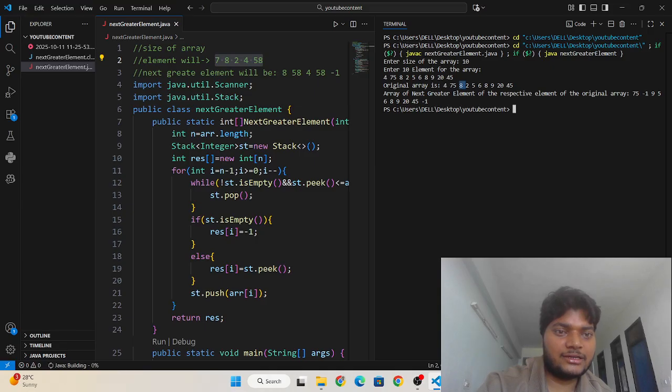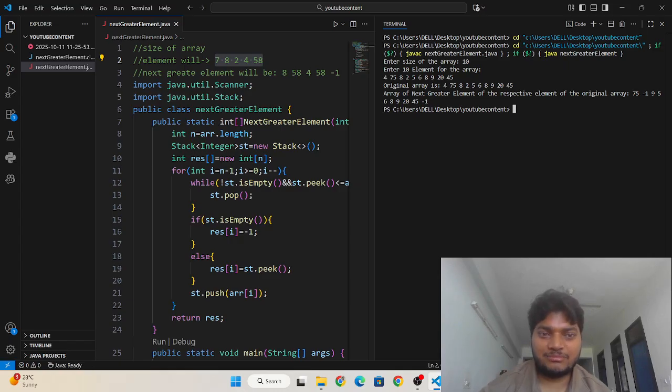And the next greater element of 2 is 5, so it has printed 5 here, and the next greater element of 5 is 6, so it has printed here 6, and the next greater element of 8 is 9, so it has printed here 9. Okay, and the next greater element of 9 is 20, so it has printed here 20, and the next greater element of 20 is 45, so it has printed here 45, and the next greater element of 45 is nothing, means it has printed -1.